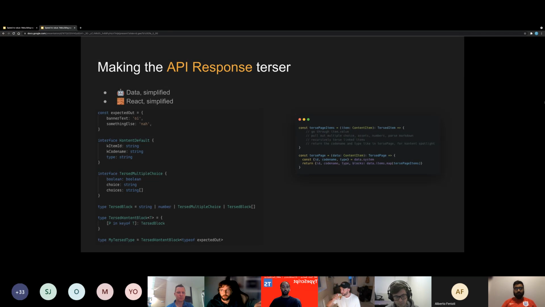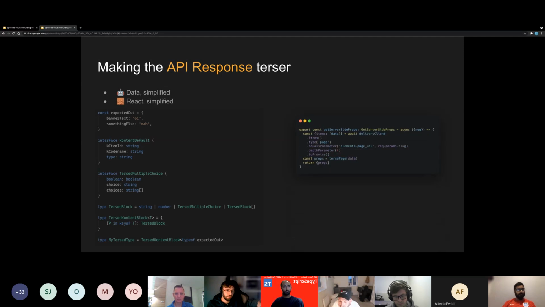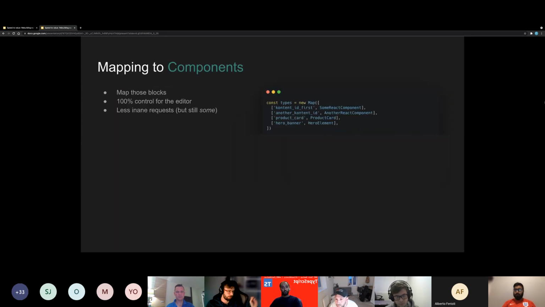This means that our getServerSideProps that Michael spoke about earlier is a lot easier to work with. We just say get the stuff based on the slug from the CMS, make it nicer, throw it in through props. Again, at face value, it makes it easy, but if we think back to our components, we're also going to want to map this, make it a bit easier on the code side.